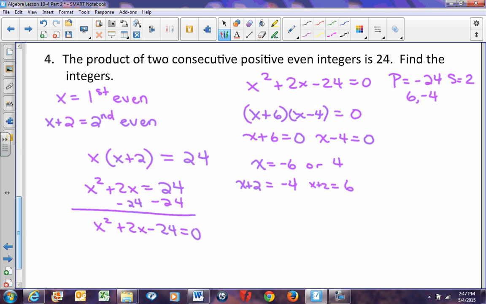So our pairs of numbers are, okay, and if you look at this and go, wait a second. If you look here, it says positive even integers. So we can automatically get rid of any negative even integers because it says positive. So we're only looking at these two answers right here. Okay, so my solution is the numbers are